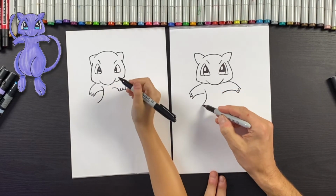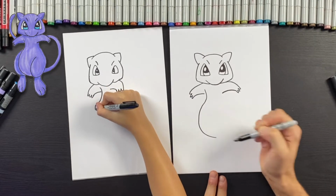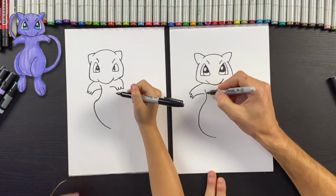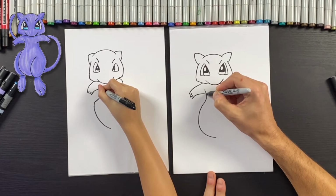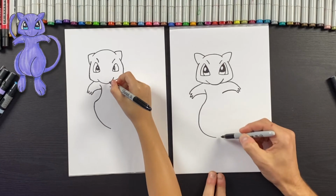okay? And then we're gonna draw it like the belly shape like this. We're gonna go like that. That's it. Now, you see I didn't have enough here, so that's okay. We'll just extend that if you need to, okay? So now this lower part here,